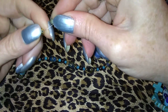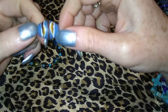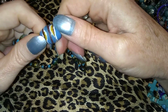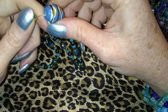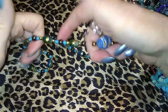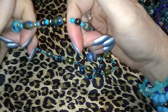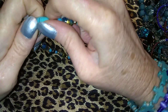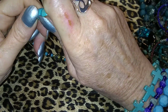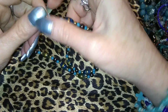It looks like hand-done because that's the type of wire you use when you make your own. And it looks like a handmade bead in the center for the focal bead. I can't tell if it's painted or I think it's like polymer clay or something, or Fimo. And the rest is just glass craft beads, you know, the ones you get at the craft store. And it's got a barrel clasp, a big barrel clasp. Barrel clasps are good for really heavy stuff, like they hold on real good. I wouldn't have chosen that for this particular piece, but